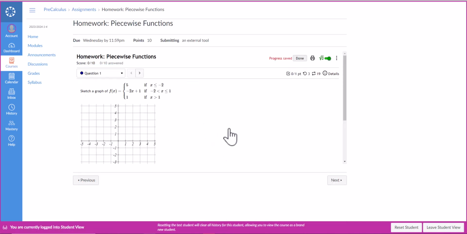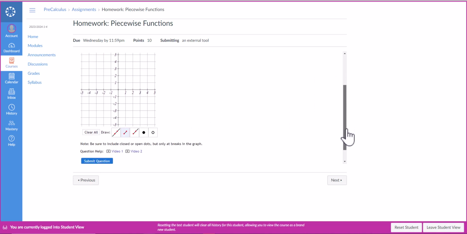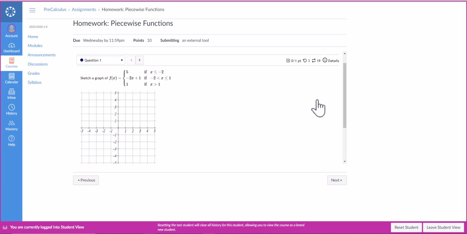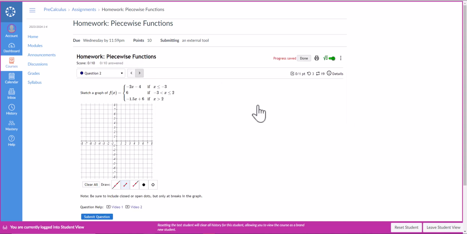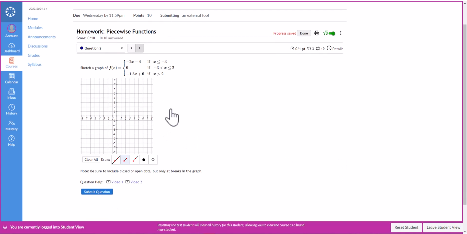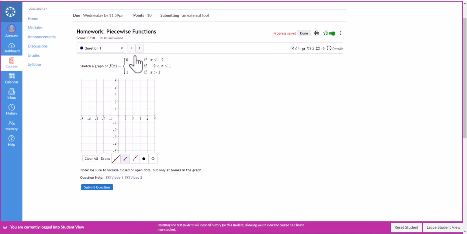This homework is used in what's called My Open Math. So it's an outside source that embeds inside of Canvas. So you may notice that sometimes you have to scroll. Here's a little hack. If you go ahead and click next, the scroll bar goes away and it loads on the whole page. I don't know why it doesn't initially do that, but alas, here we are having to just do what we have to do.